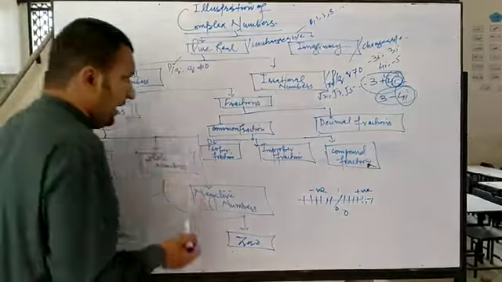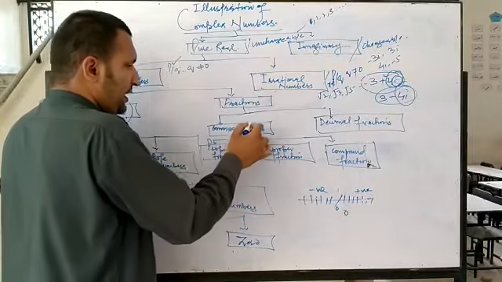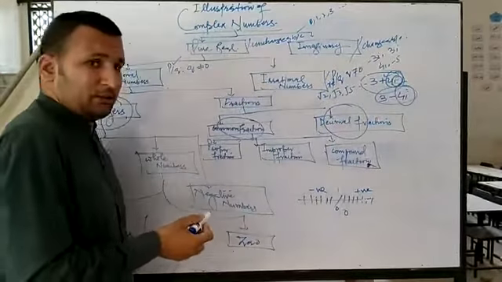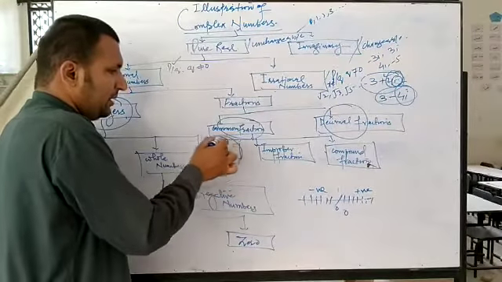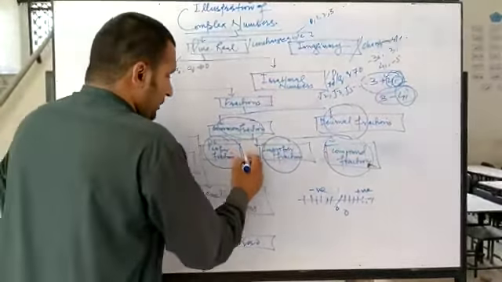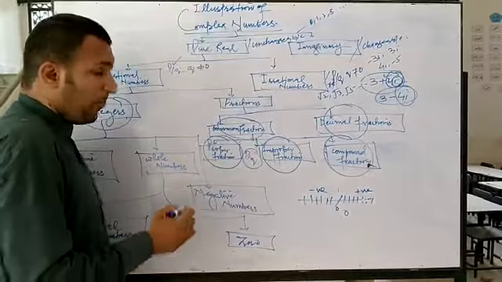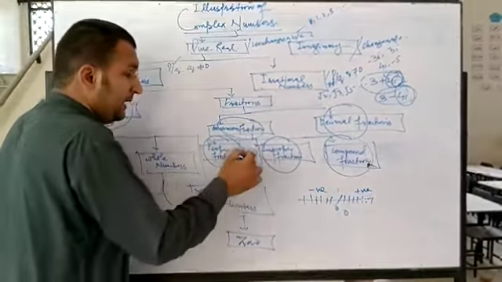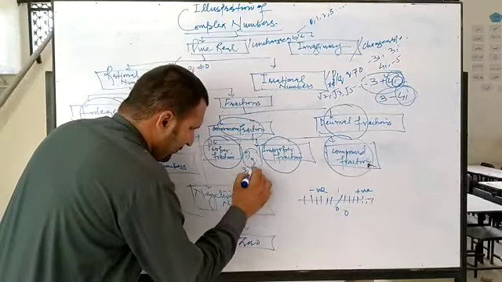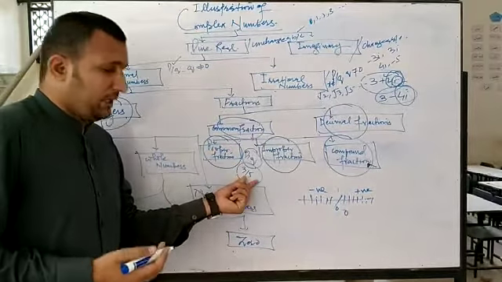Again second is a fraction. Fraction is converted into two parts. Number 1 is common fraction and second is decimal fraction. Common fraction shows proper fraction, improper fraction and compound fraction. Proper fraction means such a value in p upon q form where the numerator is less than the denominator. Let's suppose 3 upon 5, where 3 is less than 5. 3 shows the numerator and 5 shows the denominator.